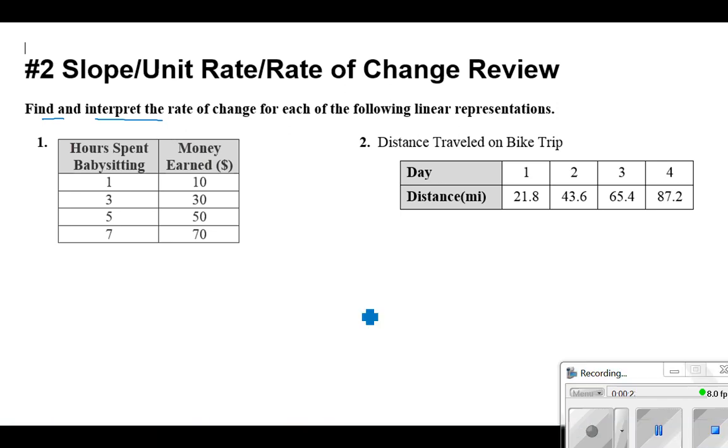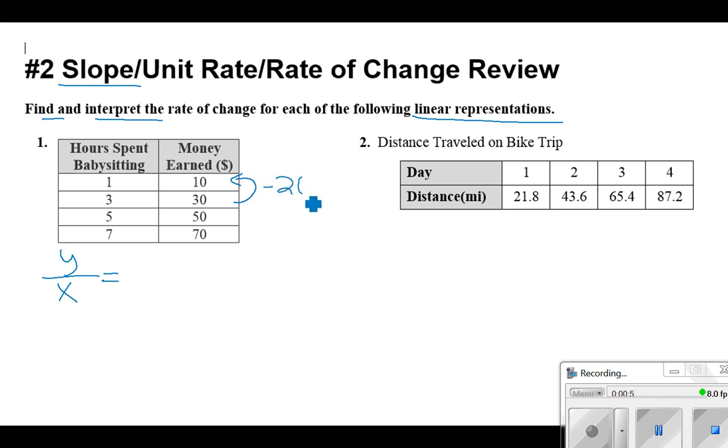Because it says that they are linear, we already know there's going to be a pattern that would create a straight line if you graph them. So we have to remember that we always use y over x, because that's what slope is. I'm going to make sure that whatever direction I go in, I go the same on both sides. So I'm going to go from 30 to 10. And from 30 to 10, you would be